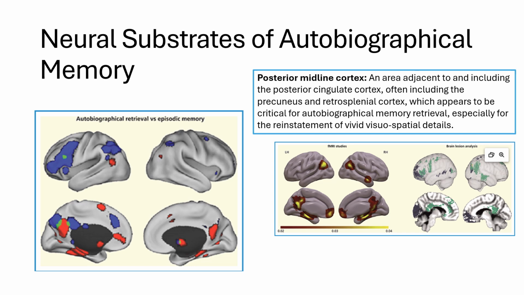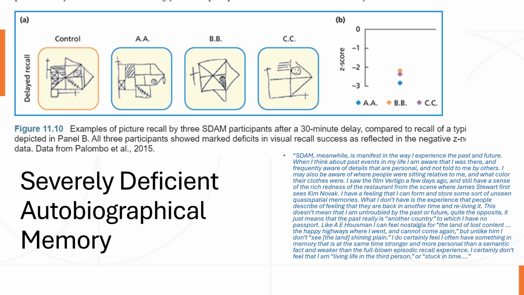So given that we have a clearly emerging picture of brain areas involved in autobiographical memory, right? Let's talk about some neuropsychological data, right? So some people have what's called severely deficient autobiographical memory, despite being otherwise healthy and high functioning. So several cases were studied by Palumbo and colleagues,